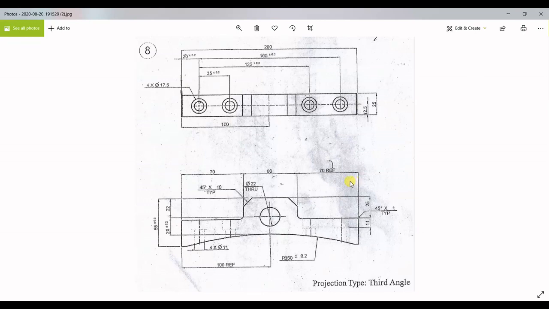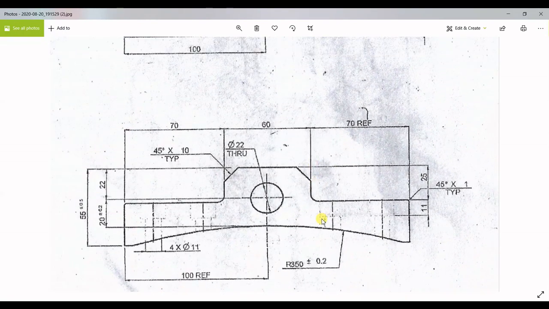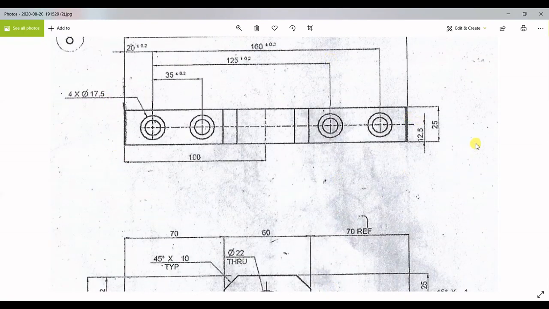So the next geometry, or the next model, is seen on the screen right now. I have the drawing of it, and the views are arranged in the form of third angle projection. If you're confused about the angle of projections, I recommend you visit my other course on engineering design overview. So coming to third angle of projection, the view presented on the top is the top view